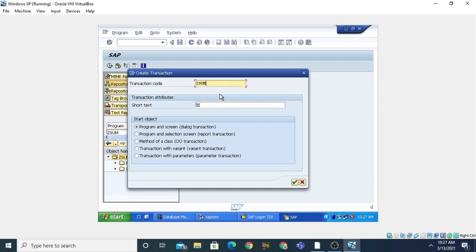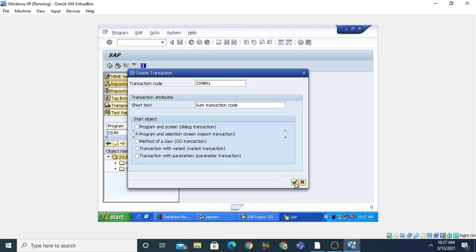I am giving the transaction code ZSum01. Now define the short text for this one: this is our sum transaction code. Now you need to select the program and selection screen, that means we need to start the object with program and selection screen, the report transaction.